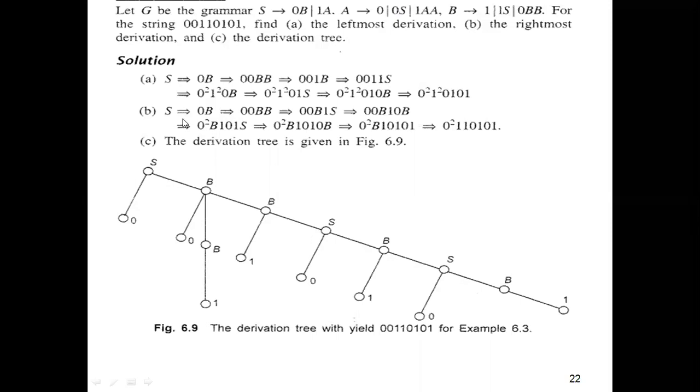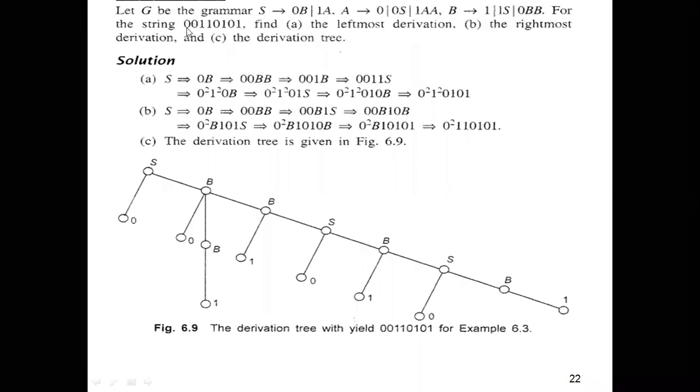But for the rightmost derivation I need to start from right and end at left, right? I already explained this in the previous slide. Please make a note of this example and try to get the leftmost and rightmost derivation for this string yourself. It gives you practice, and it becomes very easy for you,